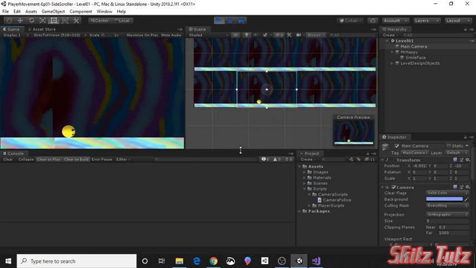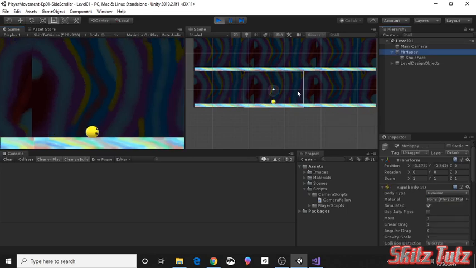The camera is not moving like it's supposed to when he jumps, and it stops again. So I don't know whether or not that lagged up, but I'm going to go ahead and I'm going to move the player up so you can see that the camera will follow the player as he goes up in the same fashion. But once he gets down to the bottom, the camera will stop because I have the